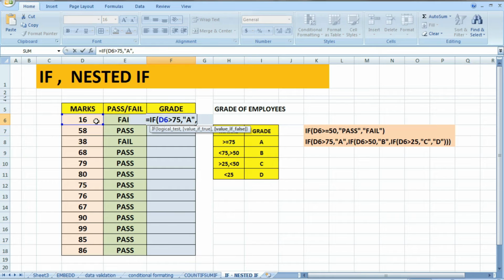If not so, then again there is an if formula. If this is greater than 50, that means it is in between 50 and 75, then it is B. Then again, if not so, we'll use another if: if it is greater than or equal to 25, then it is C,